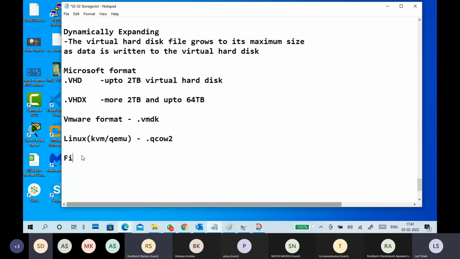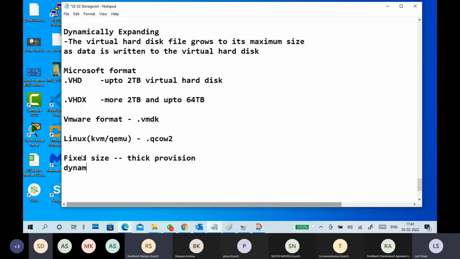Guys, remember one more thing. Fixed size is also called thick provision. When you see VMware or a Xen server, you see thick provision. Thick provision means fixed.